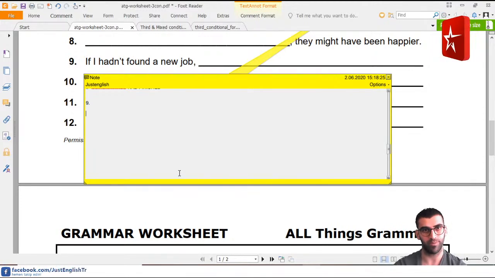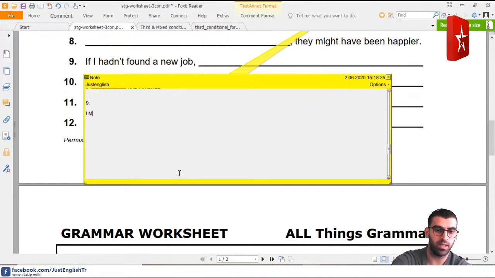At least I hope. And number 9, if I hadn't found a new job, an idea from me, I'm going to write an idea for this sentence. If I hadn't found a new job,